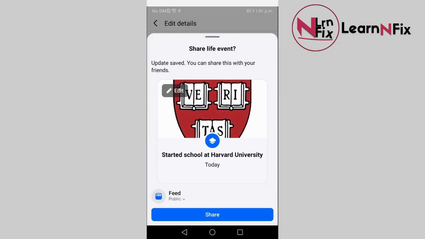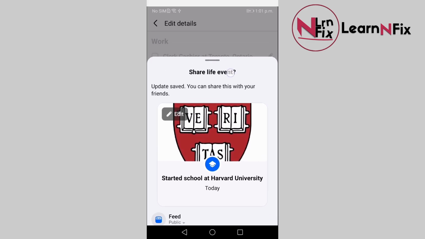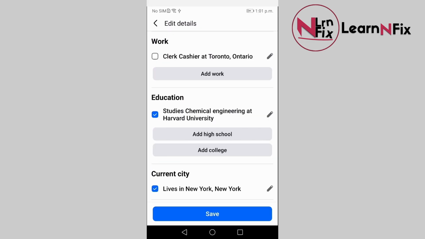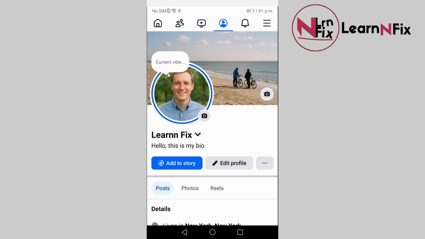and then you could just ignore this because it's just telling you if you want to share this as a post. So click Save again, and this is basically how you add